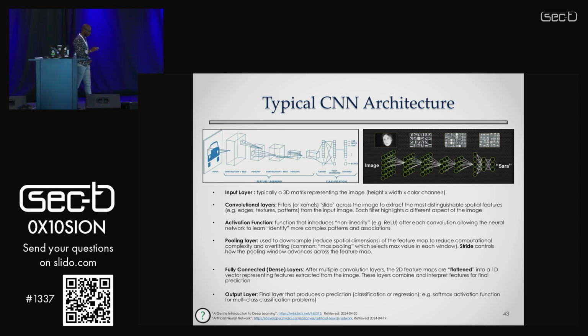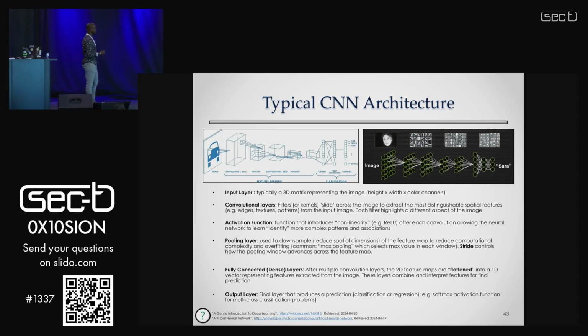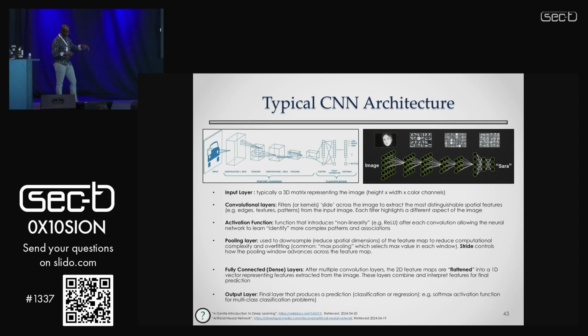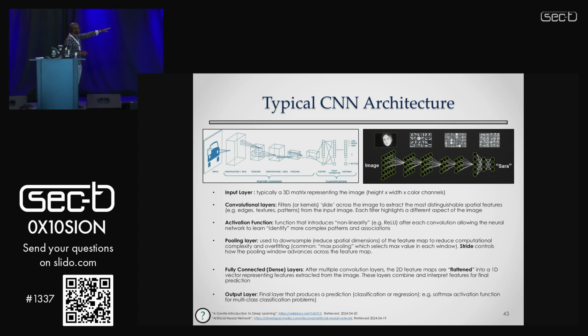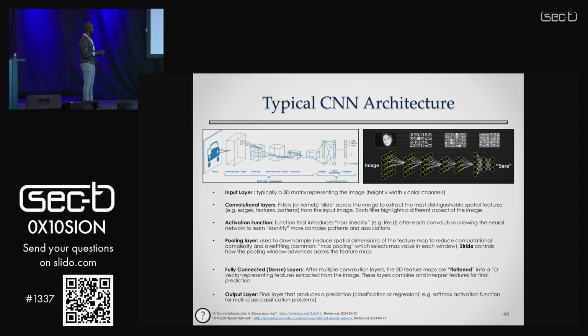Then when all of that is done, we have many layers in between here, and we start to go towards our fully connected layers. This is where you would generally go from multiple dimensions down to 2 dimensions, and then again, simplifying, to 1 specific dimension. That's the word flatten right here.